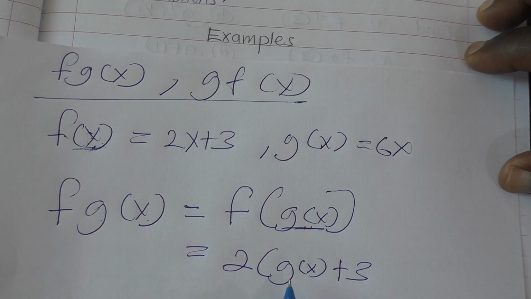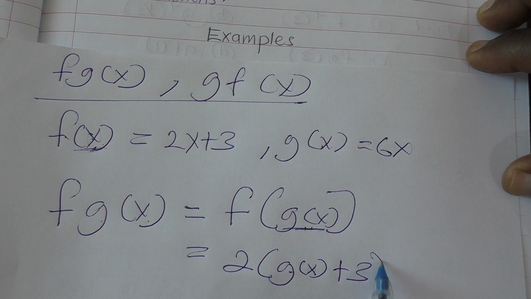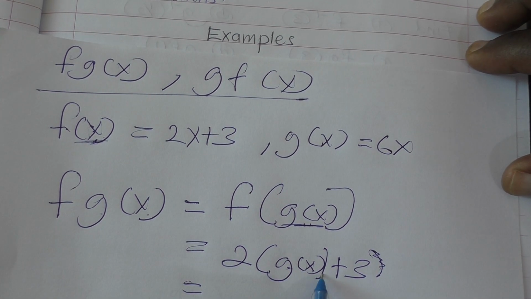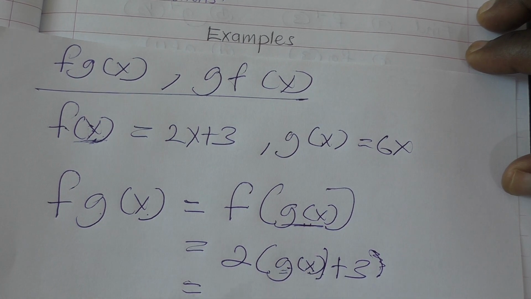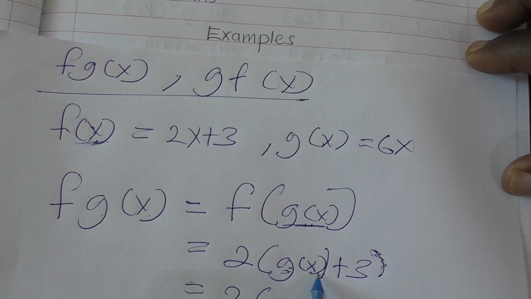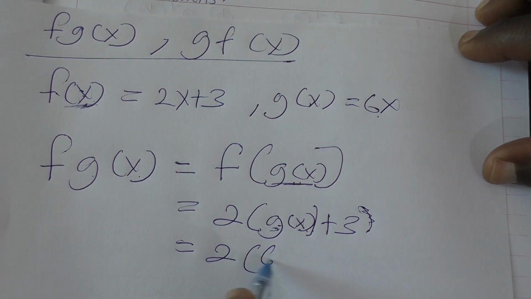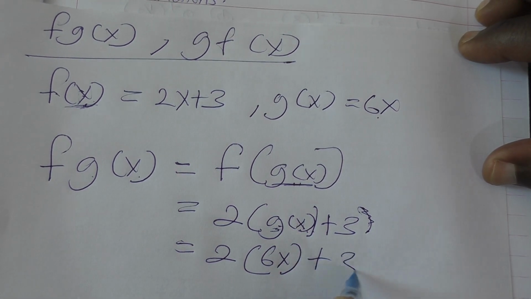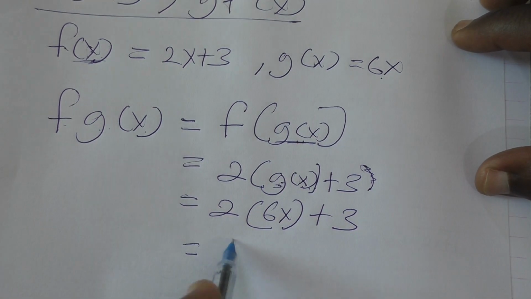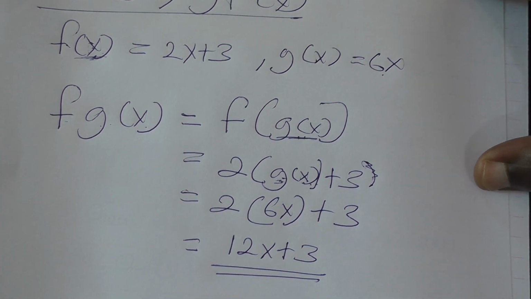But still we know g of x. g of x is 6x, so we shall replace g of x with 6x, giving us 2 into, instead of writing g of x, we replace with its expression, which is 6x, plus 3, hence giving us fg of x as 12x plus 3. That is how we find